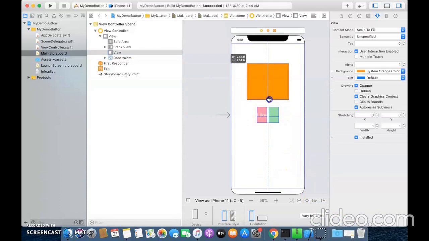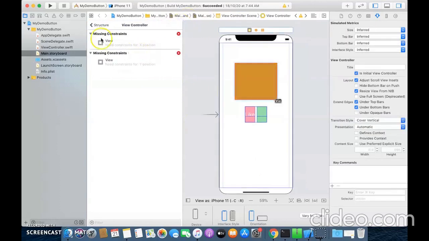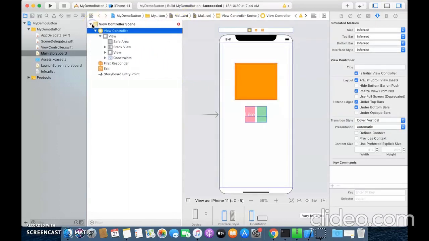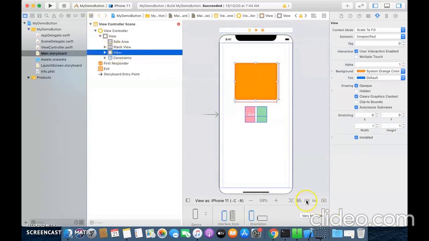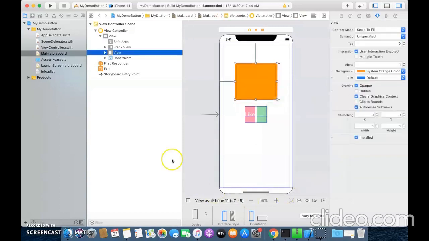Now again we are going to add some more constraints. I am going to add a width and a height. I am getting an error for position X and Y. So I need a trailing and leading. For X, I will provide the leading, and for Y, I will provide the top constraint. So it is okay, but we needed 4 constraints. You can practice this again and again, and you will need 4 constraints for a UI view. So we can say for a UI view, the minimum constraint required is at least 4.